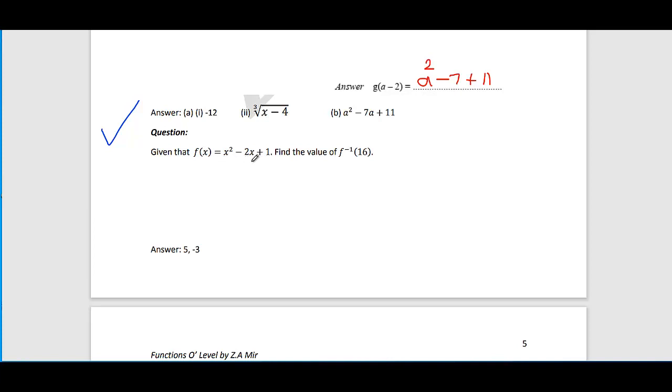And remember, to find the inverse function of a quadratic expression, we have to apply the completing square method. Just remember, whenever we have to find the inverse function of a quadratic expression, we have to convert this quadratic expression into completing square form. So see how we can convert this into completing square form. It is a very easy question. It will not take a lot of time to convert it into a completing square shape.